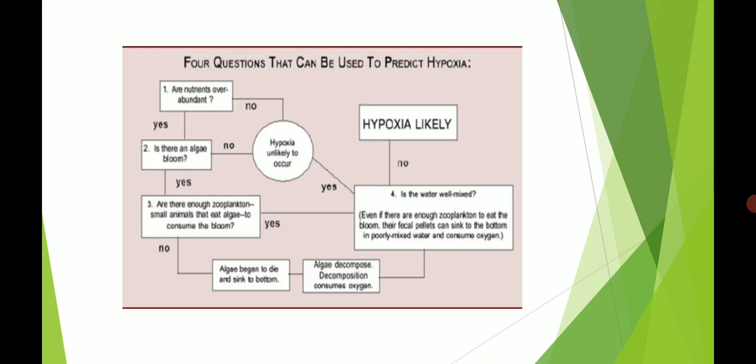As we know, fish consume oxygen in dissolved form. Due to these phytoplankton and algae, the concentration of oxygen changes, creating oxygen deficiency, which we call